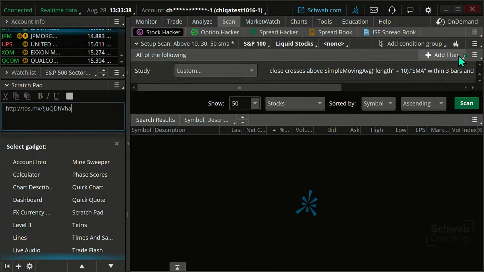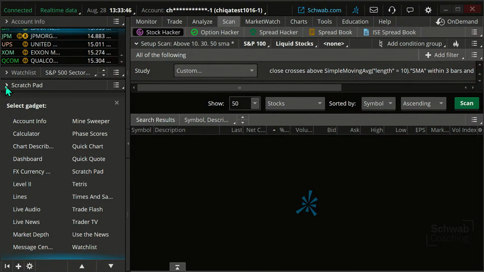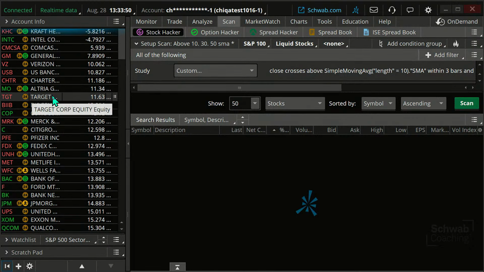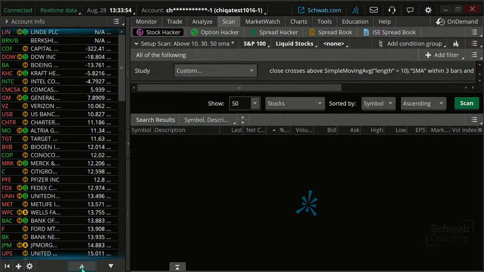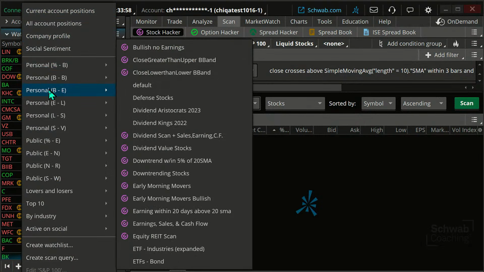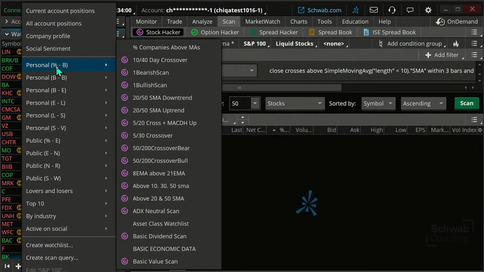Now, here's the beauty of this. Once you've saved it, it now is going to reside as a watch list. So you can go to your personal watch list, and I think I titled it above 10, 30, 50 moving average, okay?